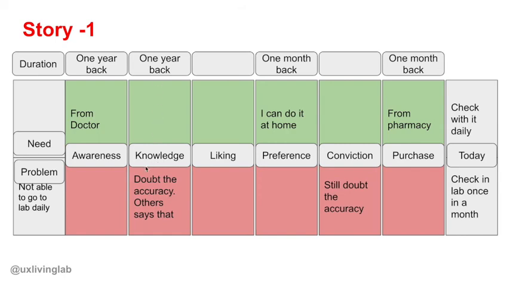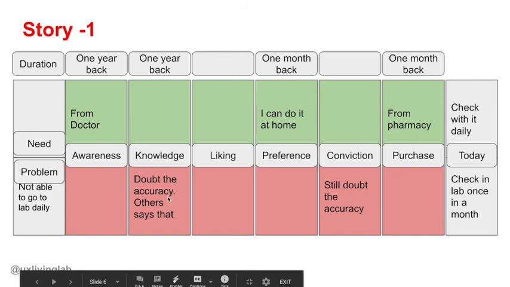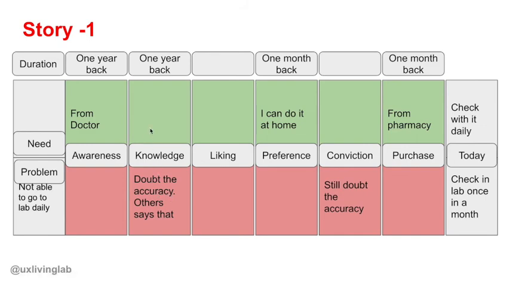Then at that time itself, he inquired about that product, gaining knowledge, but he doubts the accuracy. Others say that this is not accurate. So he doubts the accuracy. Then just 1 month back, he preferred some product. He preferred one glucose meter because he can do it at home, but still doubts the accuracy, and from a pharmacy he purchased. This is just some example or some narrations I got from that story,